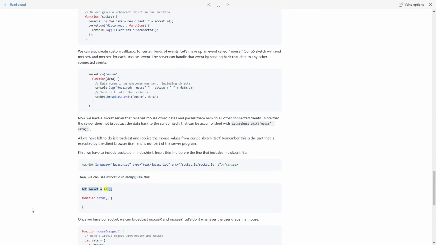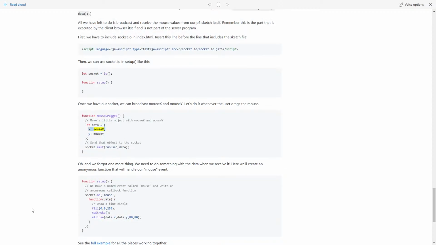Then, we can use socket.io in setup, like this: let socket = io(); function setup() {. Once we have our socket, we can broadcast mouseX and mouseY. Let's do it whenever the user drags the mouse. function mouseDragged() { // make a little object with mouseX and mouseY: let data = { x: mouseX, y: mouseY }; // send that object to the socket: socket.emit('mouse', data);